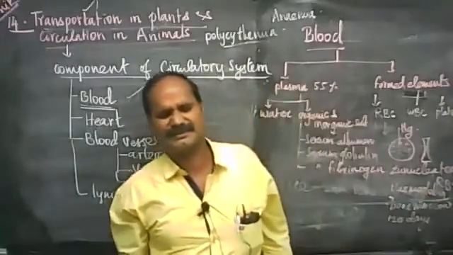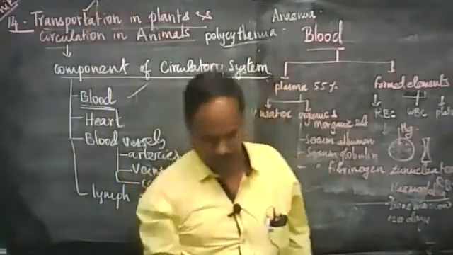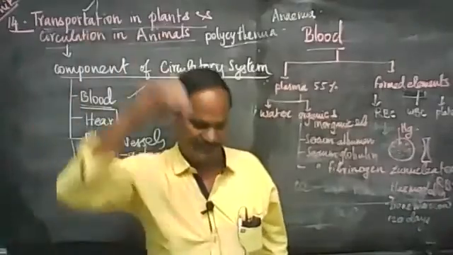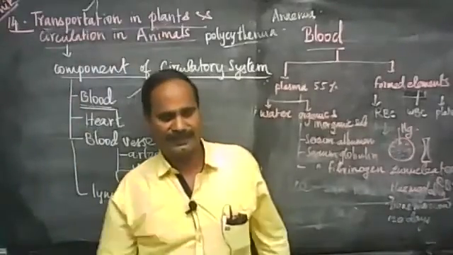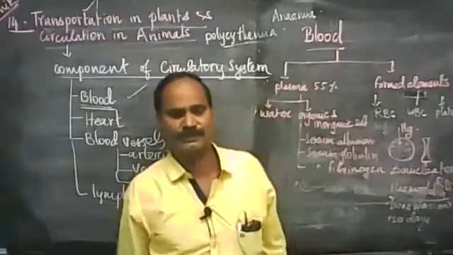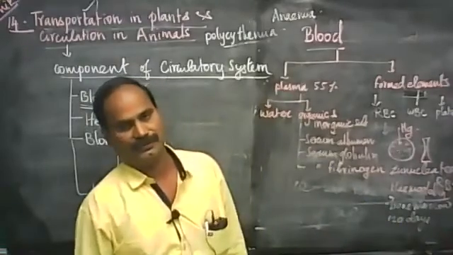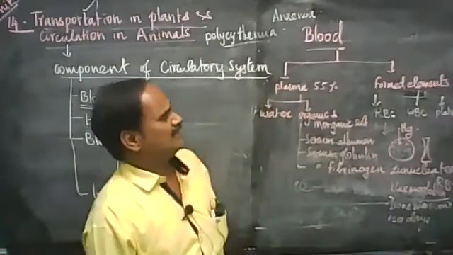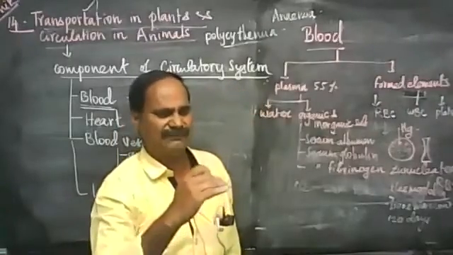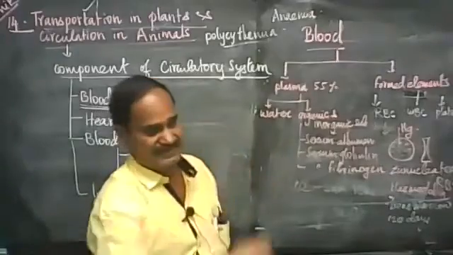Polycythemia is sometimes noticed when we are living in higher altitudes. Those who are living in hilly areas, upper hilly areas, have a greater amount of RBCs than the person who is living in the normal plateau area. So this increased number of RBC from the average is a condition called polycythemia.